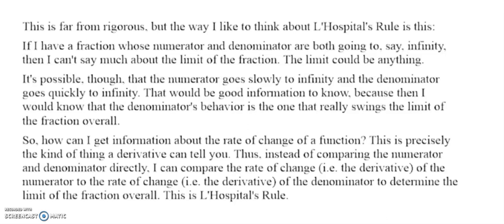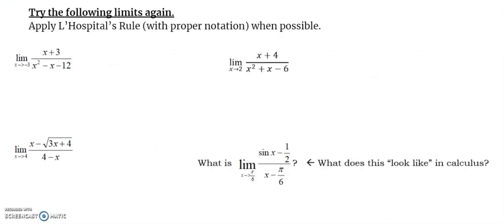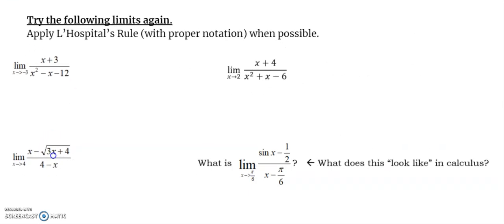Okay, so what we're really doing again is we're going to compare the rate of change to the rate of change for each function to see which one is kind of impacting that limit more. So it says apply L'Hopital's rule with proper notation when possible. So I'm going to show you a proper notation one. So proper notation, you have to show the AP reader that you are in fact getting to something where L'Hopital